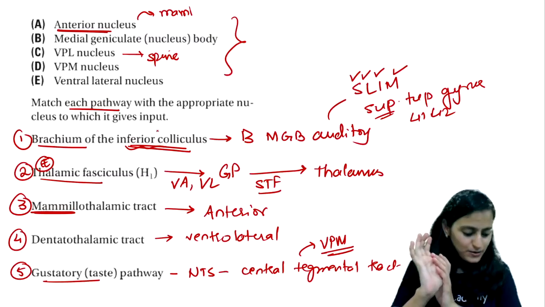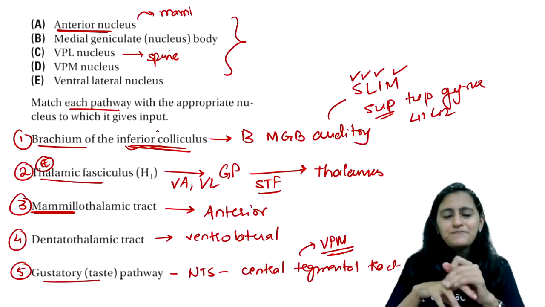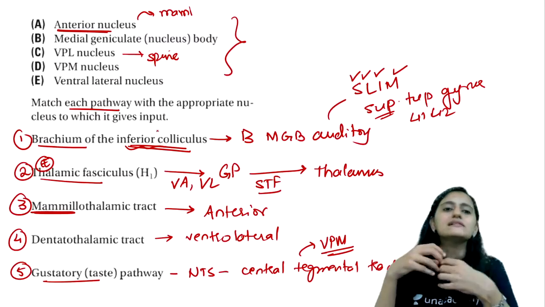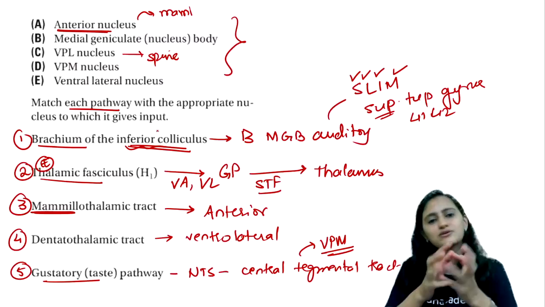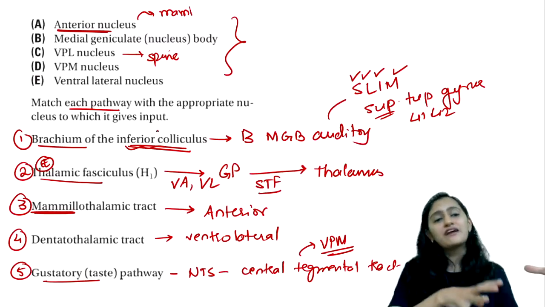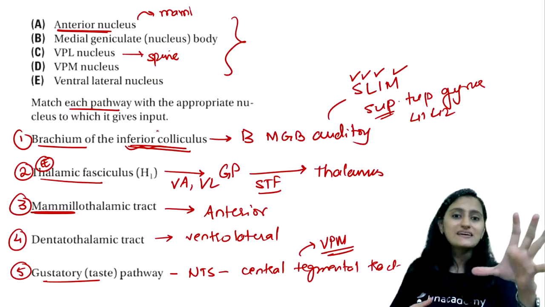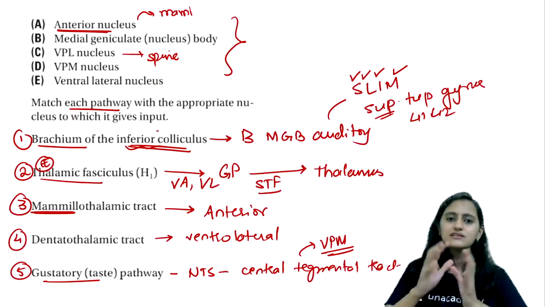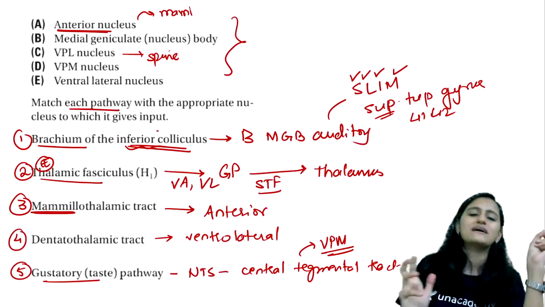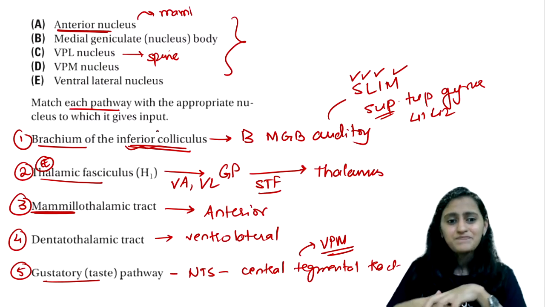I hope it is now easy to remember the various nuclei and the connections. So anterior, mammillary, Papez, cingulate. Dorsomedial is medial temporal, so you have to remember it is the amygdala. It is the limbic system, controls the emotions. And ventral, you have anterior, lateral and posterior. Anterior is from the basal ganglia, lateral is from the cerebellum and basal ganglia, and posterior is from the main sensations in the body. So it is as easy as that to remember your connections.